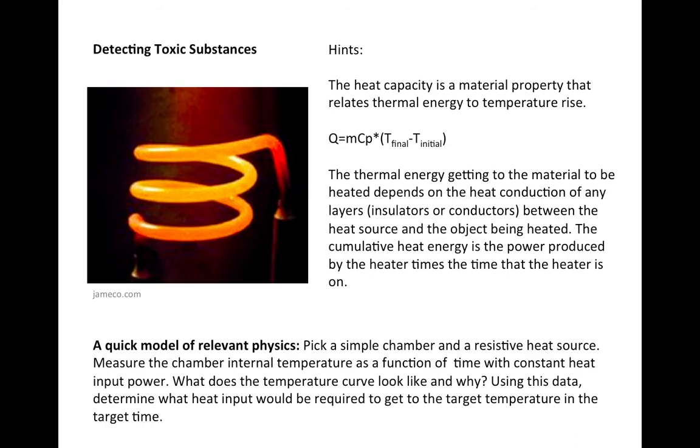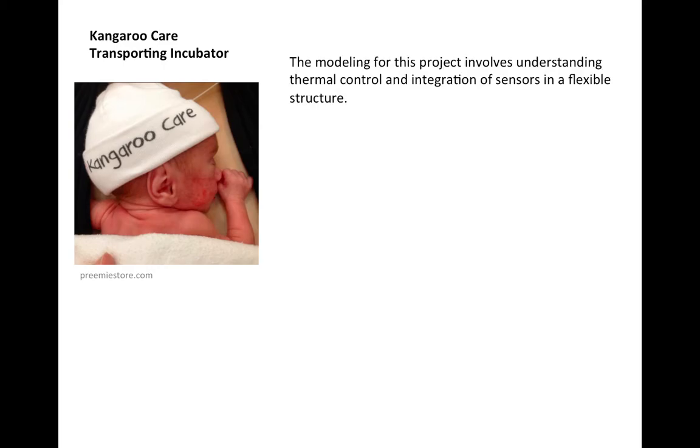So here's a quick model of the relevant physics for this project. Pick a sample chamber and a resistive heat source. It doesn't have to be the final design choices for you, just pick one. Measure the chamber's internal temperature as a function of time with constant heat input power. What does the temperature curve look like and why? Using this data, determine what heat input would be required to get that chamber to the target temperature in the target time. The next project is the Kangaroo Care Transporting Incubator, and modeling for this project involves understanding thermal control